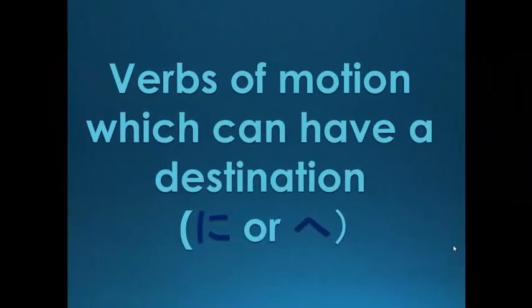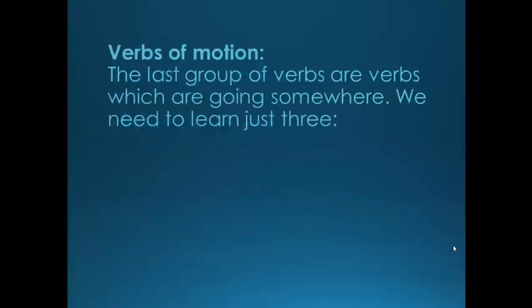Now we're going to look at the last category of verbs. They're verbs of motion. So verbs where you're actually going somewhere. And they have not an object, but a destination. And the destination is indicated with either ni or e. Okay, let's look at verbs of motion in more detail. The last group of verbs which we will look at are verbs which are going somewhere. We need to learn just 3. Going, coming,